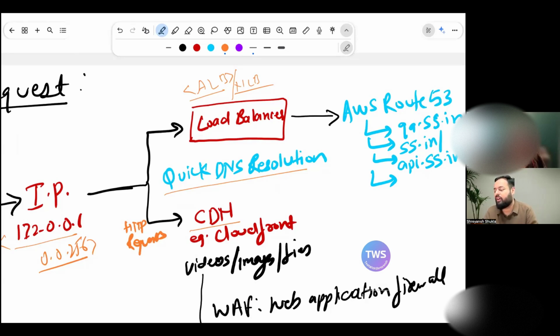What I can do is, maybe for Europe, I would set up something like qa.shreyanshshukla.in. For the UK or for India, I can do shreyanshshukla.in because this is the India region. And maybe for the US, I can do api.shreyanshshukla.in, right? These are co-servers which we are setting up internally in our main server. And through the load balancer, based on the country or the IP I am receiving, I can route these requests so that my server is not overwhelmed. It's not receiving requests at a rapid rate and it's actually routing to the right place so that my costs are not increased and my chances of the server going down are less.